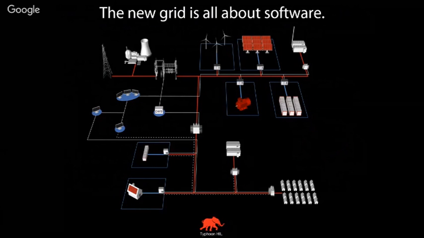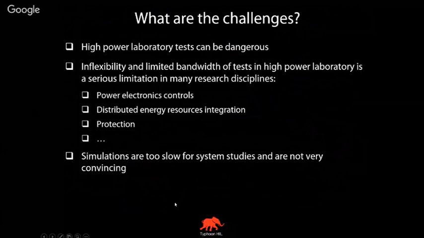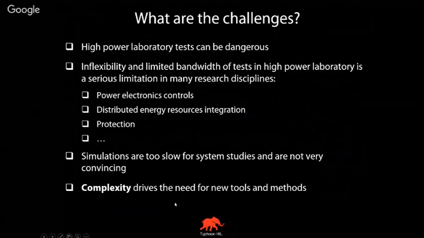Similar things happened to the automotive industry about 20 years ago. This is why now we have about 80 microprocessors in every car. What this means is that wherever we have software, there are potential failures, potential bugs that can ruin the stability of our network, and all this software has to be tested. And the questions are how we can deal with these software issues, how we can test our software, how we can commission this software before we are actually letting it work in the real power system, in the real environment. So these are just some of the challenges that we are facing.